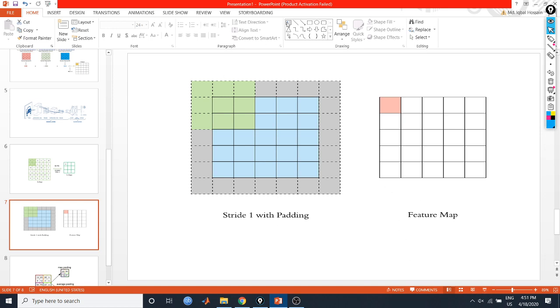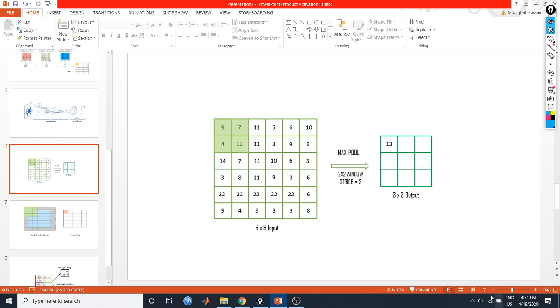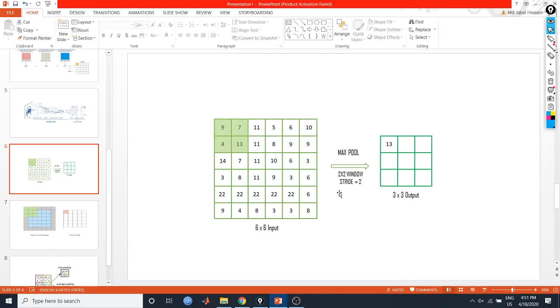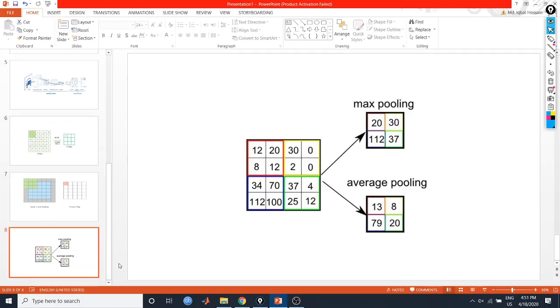There is an error there. The padded one works similarly to the actual one. So you can see if I slide through, I will be having values 13, 11, 10, 14, 11, 6. So this is how pooling works. I am giving an example of max pooling, which has a window size of 2 into 2 and stride of 2. There is another type of pooling which is known as average pooling.